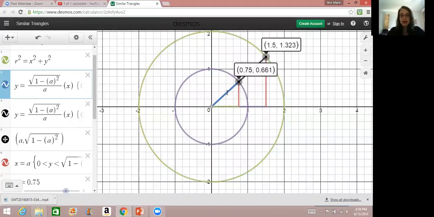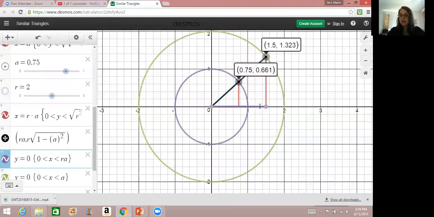So that means that my x-coordinate on my big circle should be, if I'm telling you the truth, and these things stay proportional, twice the x-coordinate on my little one. And sure enough, the x-coordinate for the point on my big circle is 1.5. If I change my radius to 3,